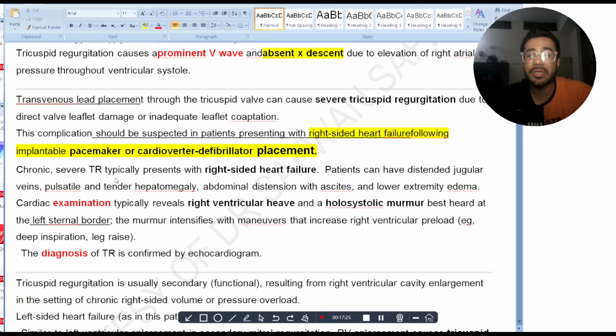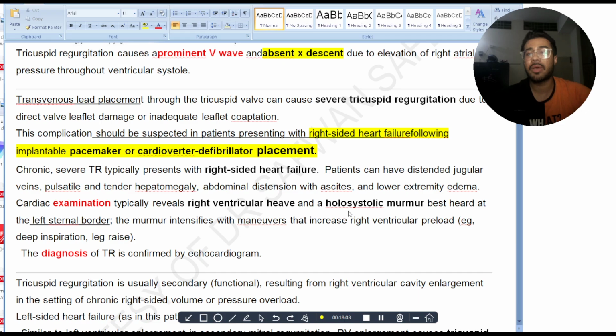Chronic severe tricuspid regurg typically presents with right-sided heart failure. Patients can have distended jugular veins, pulsatile and tender hepatomegaly, all the signs of right heart failure, abdominal distension, ascites, that is the cardiac ascites due to backflow of the pressure into the liver, and lower extremity edema as well. Cardiac examination typically reveals right ventricular heave and a holosystolic murmur, best heard at the left sternal border, basically at the tricuspid region,